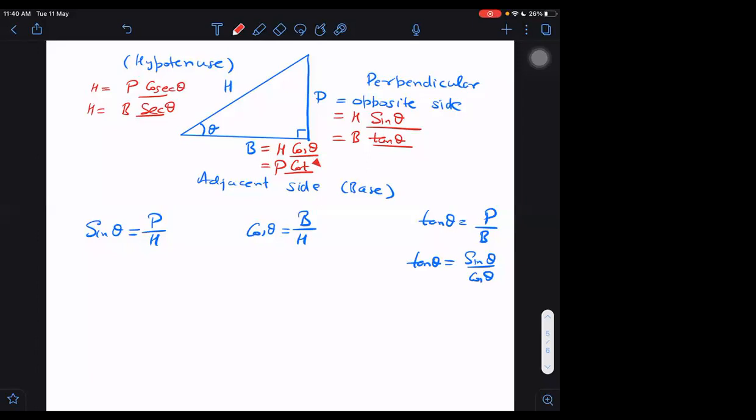We should be knowing it because we use it again and again in many places. So it should not be like you should think and then you answer. If I ask you what is B, the answer should be very fast: H cos theta. What is P? H sin theta. Very fast.